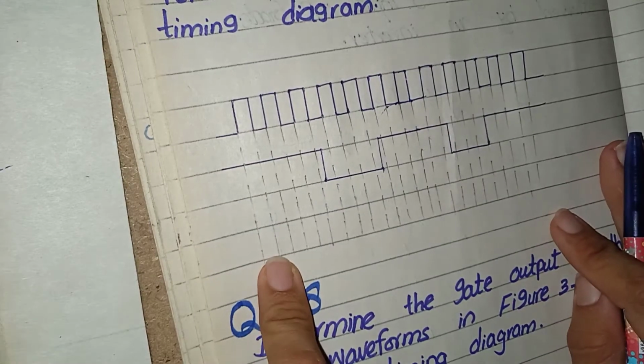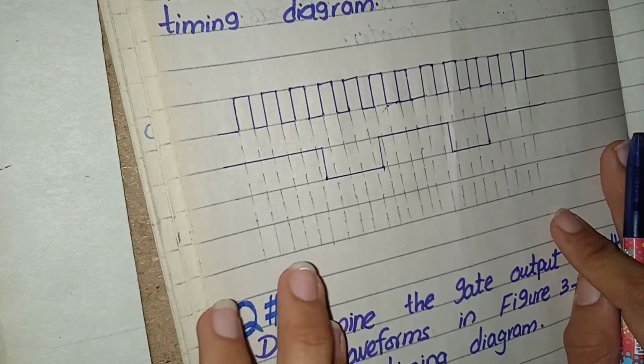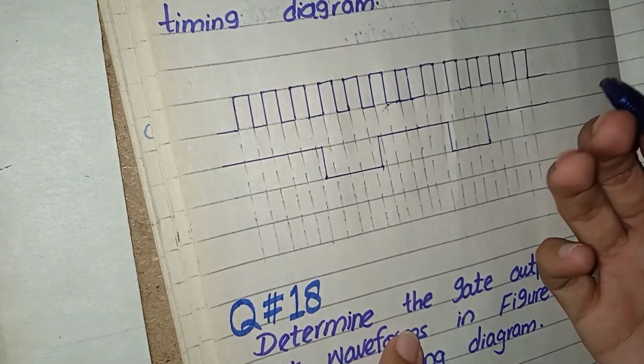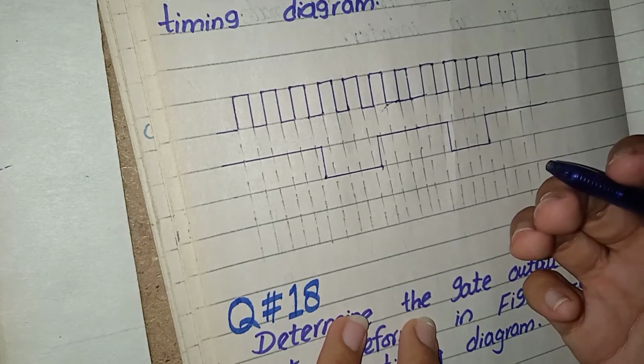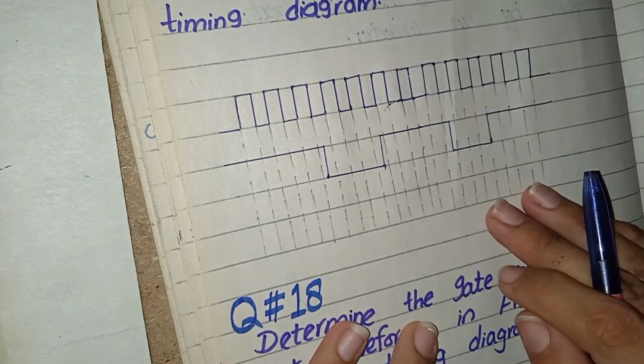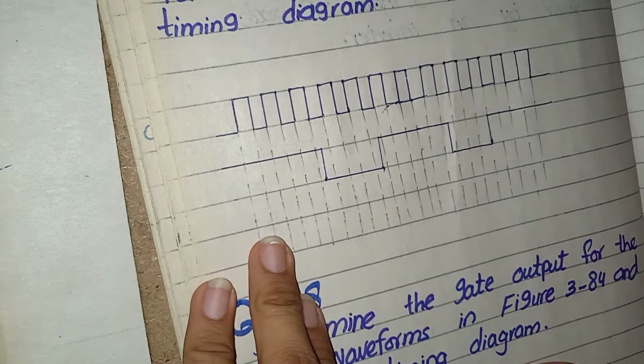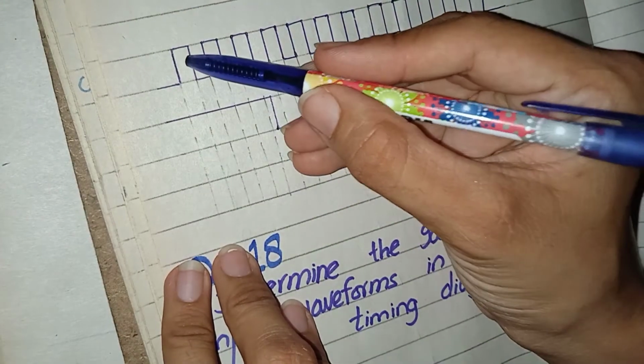For a NAND gate, as we know, it is just the opposite of an AND gate. For example, in an AND gate, we have a higher output when both our inputs are at high level. Otherwise, in an AND gate, we always get a lower output for all other combinations. Let's start from here.